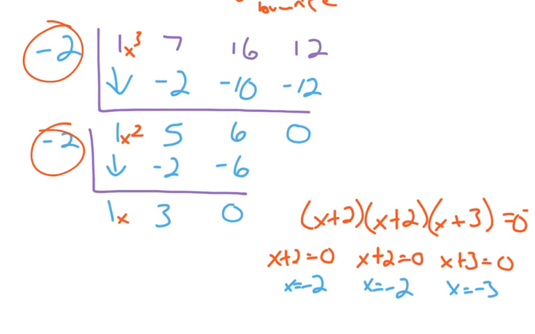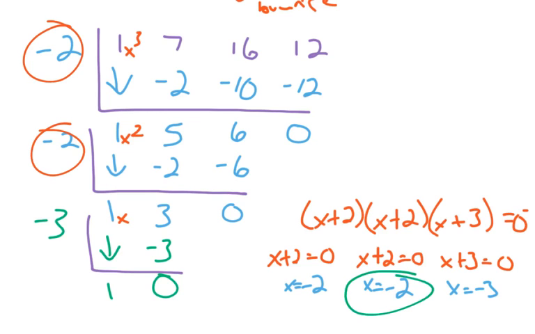Now, if you wanted to double check, you could do your synthetic dividing one more time. Whoops, let me make that L a little longer. And instead of using negative 2, we'll use negative 3. So we'll bring down the 1. Let's see, 1 times negative 3 is negative 3, and we get a 0 in return. Okay? So this does in fact work. It does give you a 0 at the end. 1 solution, 2 solutions, 3 solutions. Again, not all unique, but we do have 3